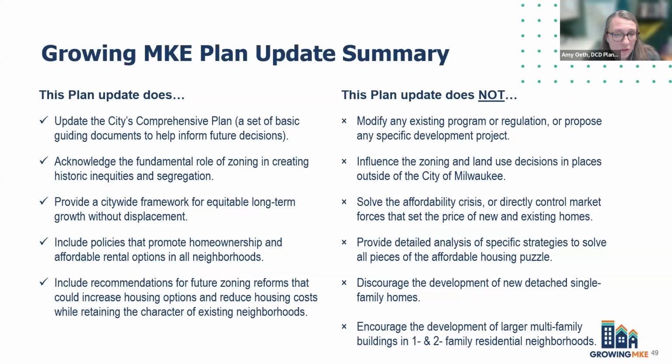So there's been some confusion throughout the process, and we realized that some more engagement tools were needed to talk through what the plan is, what it's not, and just describe the kind of changes in more detail. So this set of bullet points is one of the things we've been working on to explain what the plan does do. And I'll go through a few of the other tools that we've developed and are working on in a minute. So this plan does update the city's comprehensive plan, which is a set of basic guiding documents to